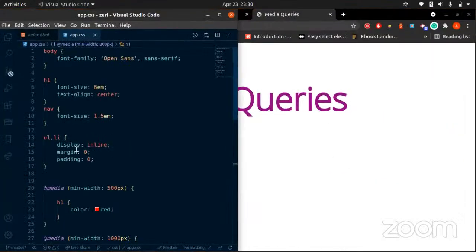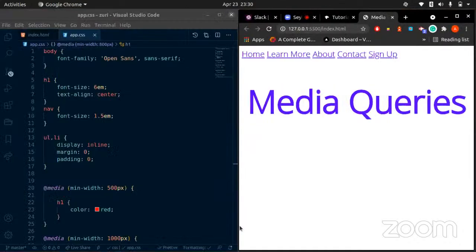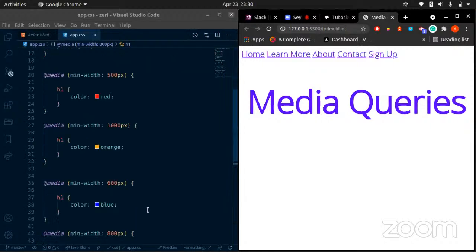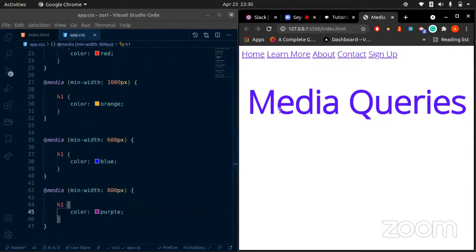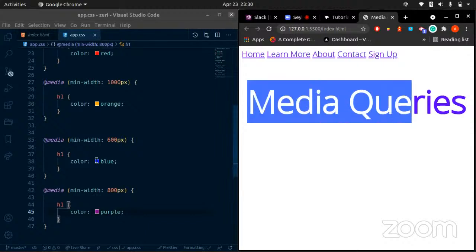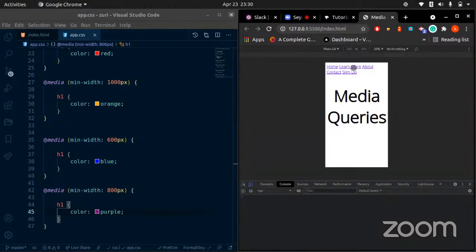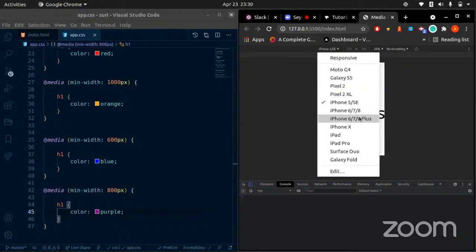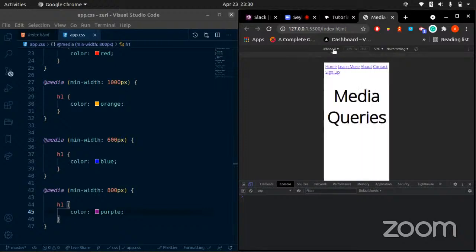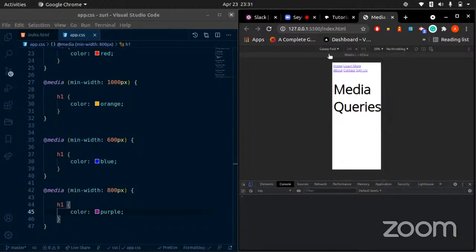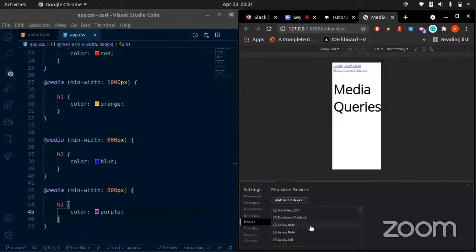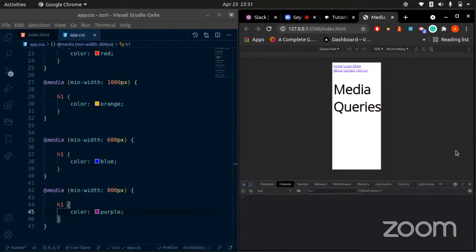Now, let's start with blue. I'm giving this element a minimum screen width, I think of 600 pixels. Let me check. This should be for a normal Android phone. Okay, S5, iPhone 5. This is not iPhone 5. I guess all the screens are not up to it. There should be a tab there. Anyways,